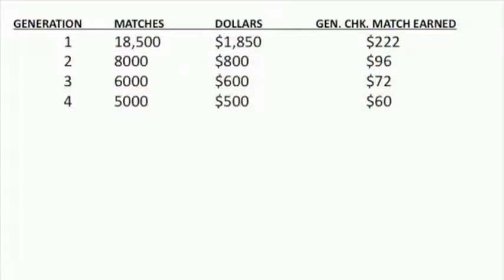So you see the importance of striving for the highest paid as rank every single week. Because if you were a silver, you would have only earned level 1 from your generation check match. But as a ruby, you're going to earn levels 1, 2, and 3. If you were a diamond, you would have earned all 4 levels, and you would have made a lot more income there. So as a ruby, you earned levels 1, 2, and 3, and if we add that up, $222 from level 1, $96 from level 2, and $72 from level 3, you earned an additional $390.